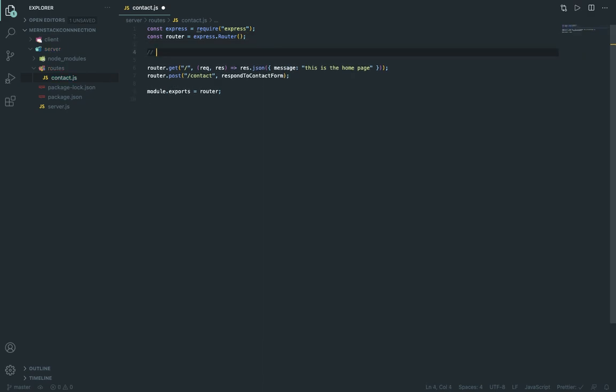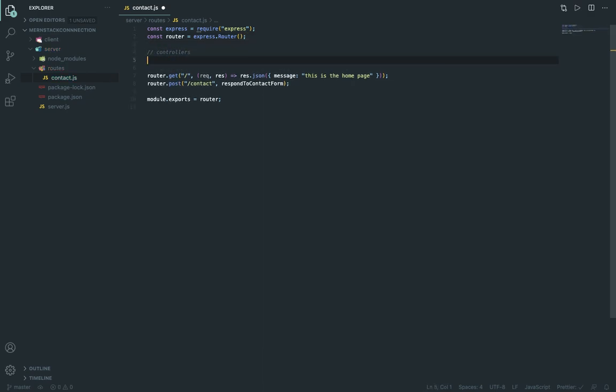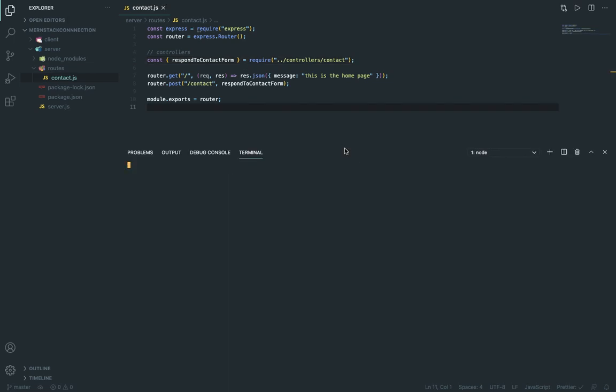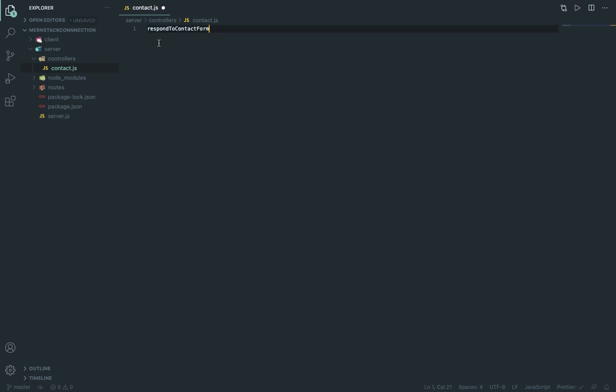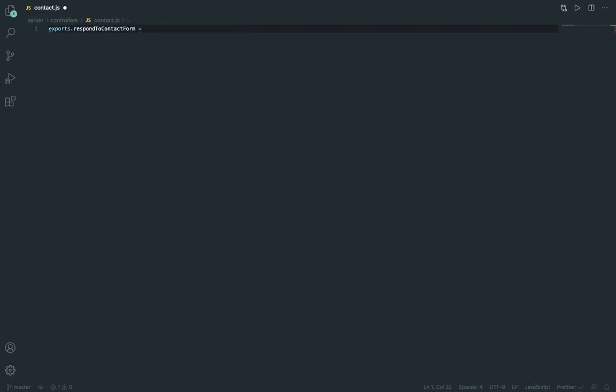And the thing I am going to do right now is call a controller. They are called controllers. So simply you can now say const this is equal to require, one folder up, controllers, inside that contact. Okay, now if I save it will obviously give an error, don't worry about that. Inside client I can make a folder named controller. Inside that I can make a contact.js, and I am going to say exports dot respond to contact form. Inside this I get the request and response as the arguments, and what I am going to do is simply right now